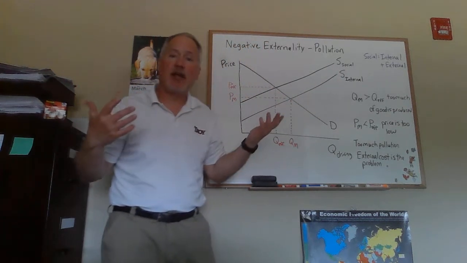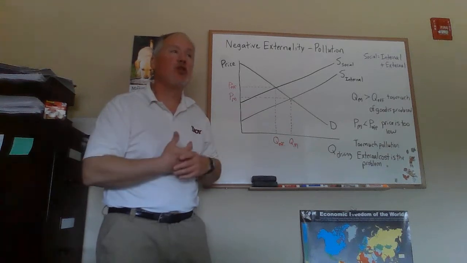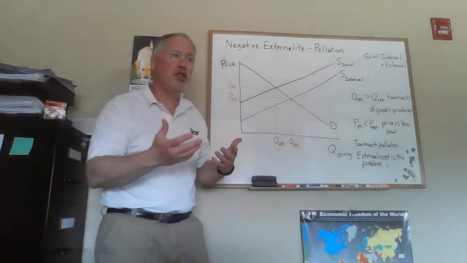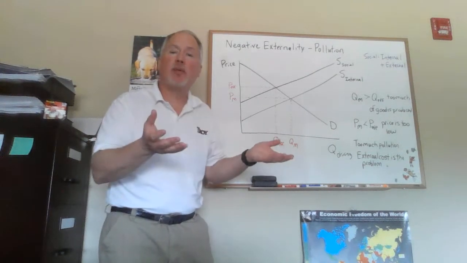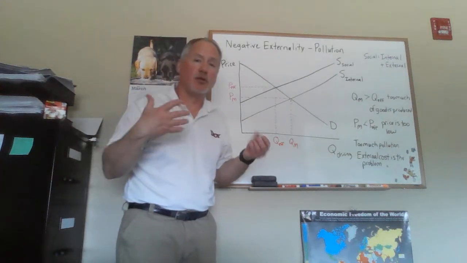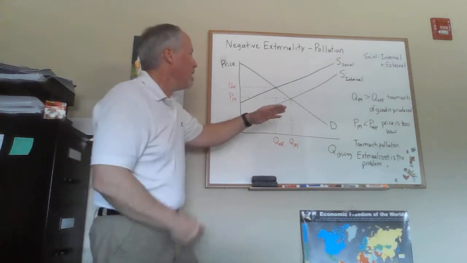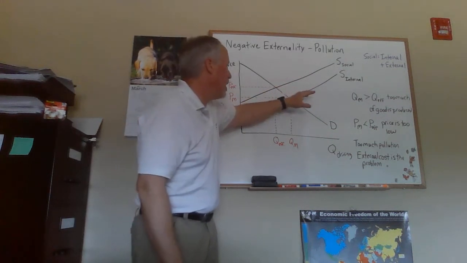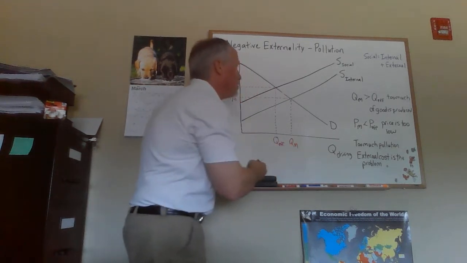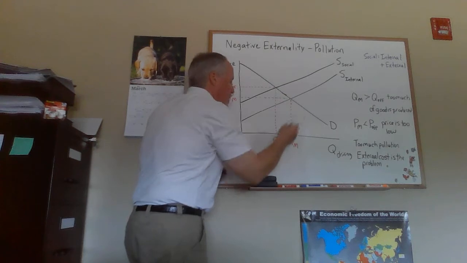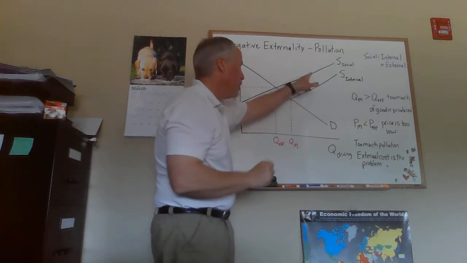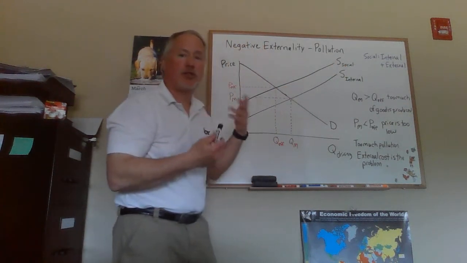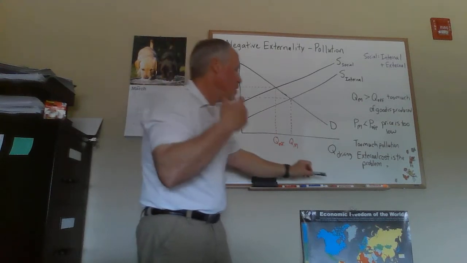We have to draw a second curve or adjust this curve to show the external costs. Well, in chapter 3, when we introduced the supply curve, we said one of the things that could shift the supply curve would be an increase in input prices, because that would increase the cost for suppliers. If you had an increase in input prices, you'd shift the supply curve to the left. There'd be a decrease in supply. And when you shift a supply curve to the left, it's also sort of shifting up. So that's what we've got to do. We draw a second supply curve to reflect the external costs, and we label that the social cost. That's the supply curve reflecting the social cost.